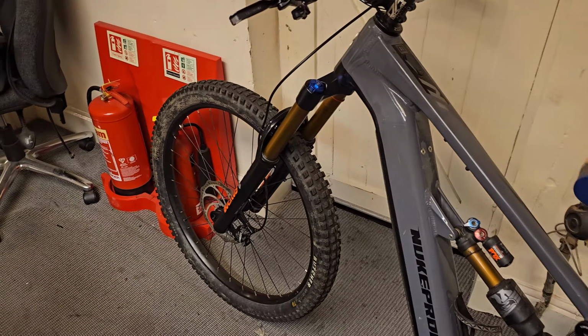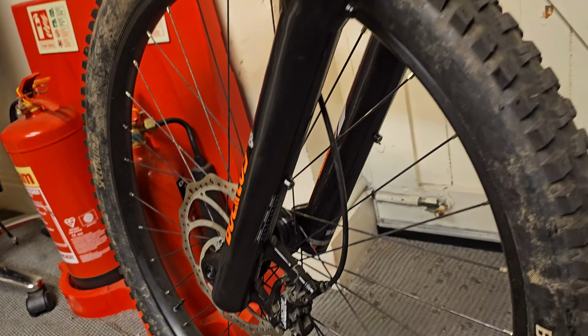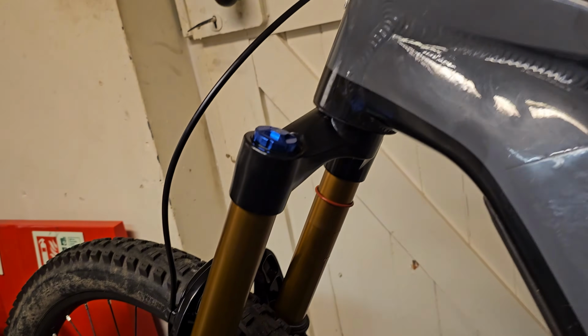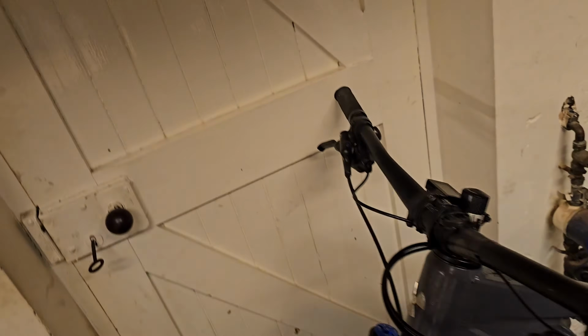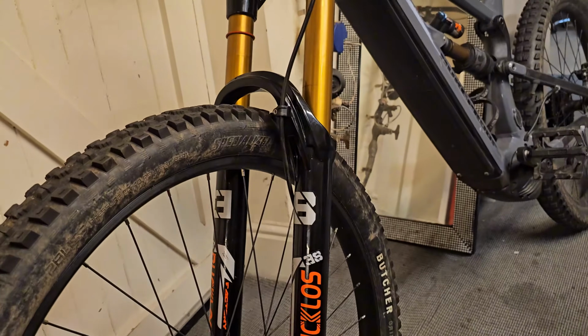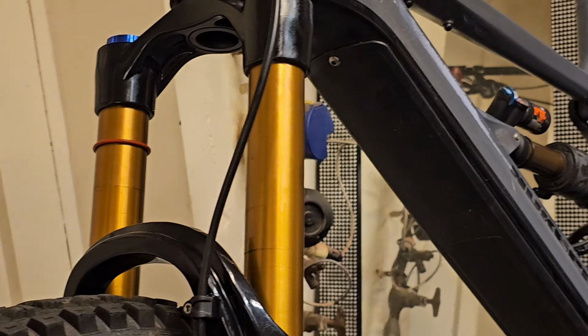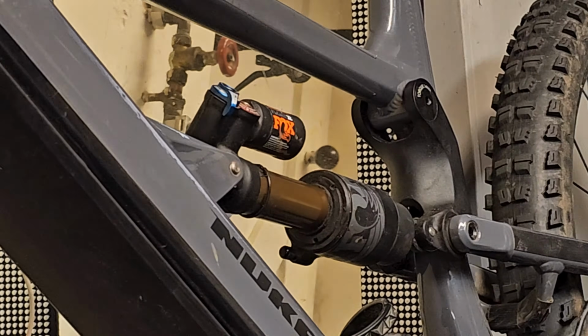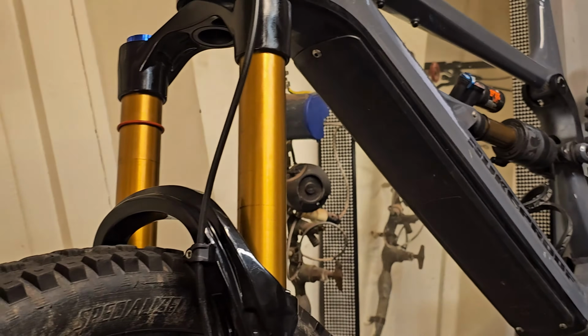All right, so here's the fork installed onto the bike. I've got to be honest, it looks interesting. I'll come from this view, and obviously you guys tell me. So as I was saying before, obviously the Kashima coating for a Fox fork is a lot different compared to the Bucklos. But having said that, though, I mean it's...